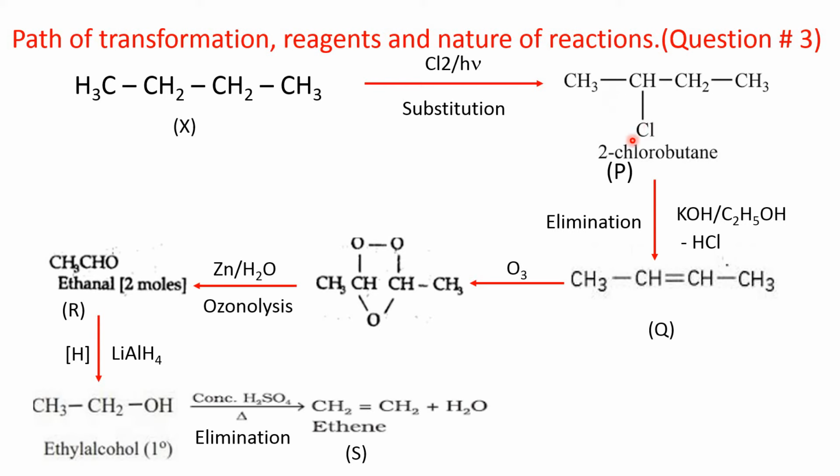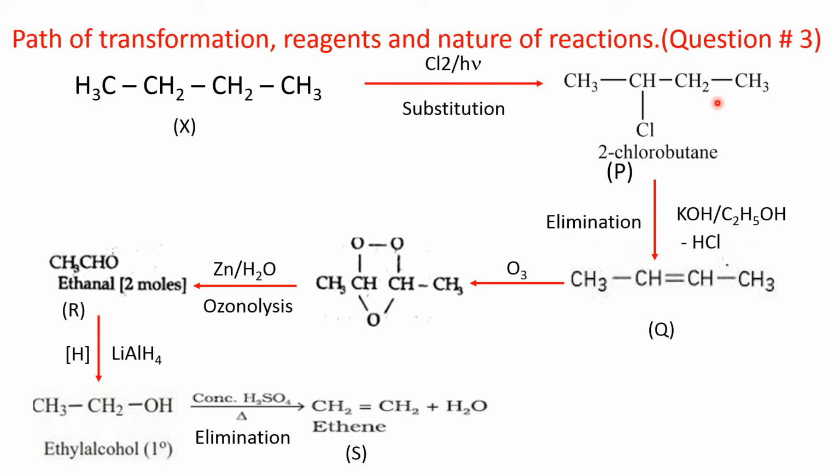And if chlorine is removed as hydrogen chloride by taking this hydrogen, then the product will be 2-butene. In this case, the major product will be 2-butene. Why? Because the elimination reaction is governed by Saytzeff rule. According to Saytzeff rule, if there is a possibility of formation of two products in beta elimination, then the major product will be that one which is formed by the removal of the hydrogen from that carbon atom which contains less